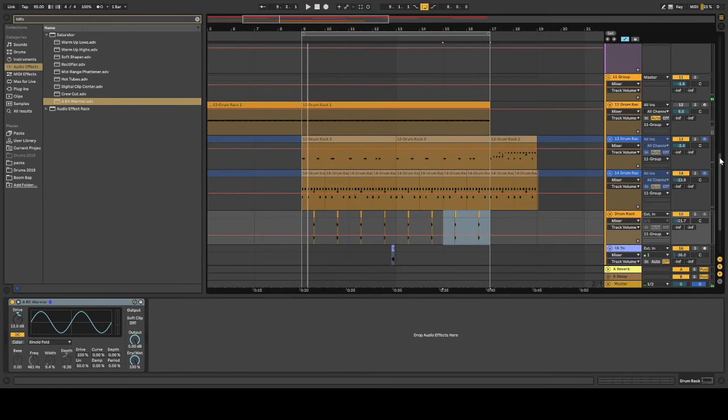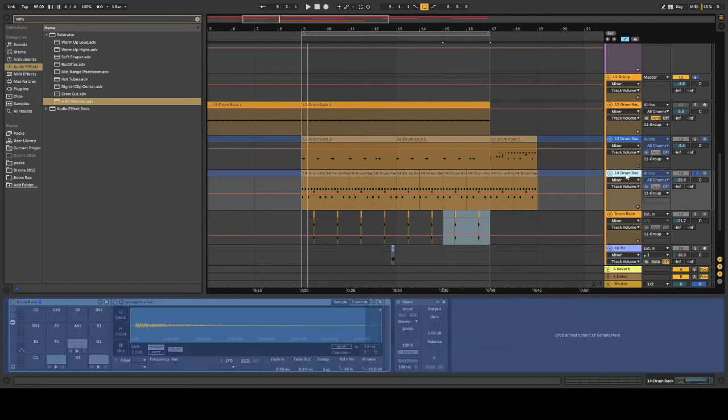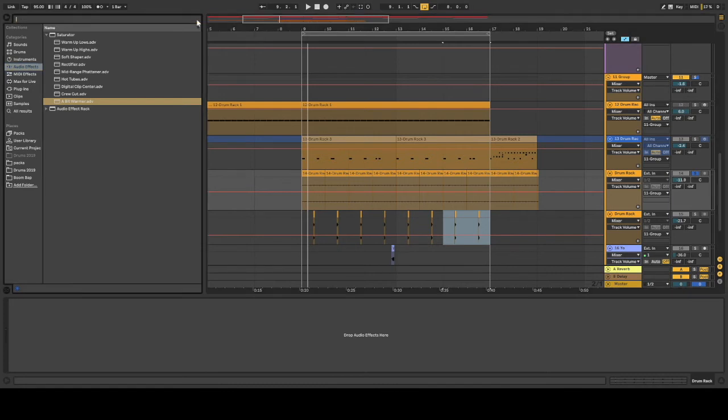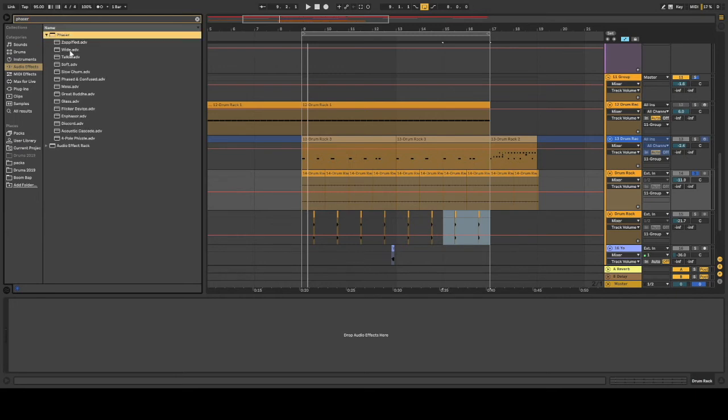Cool, so I quite like the sound of that, and I've got these hi-hats here. So I'm going to flatten these, and what I think I'm going to do is try out one of the phasers in Ableton, and we'll see what we can do with it. So this is basically just seeing what kind of sounds we can get with all the different effects, either just standard or the